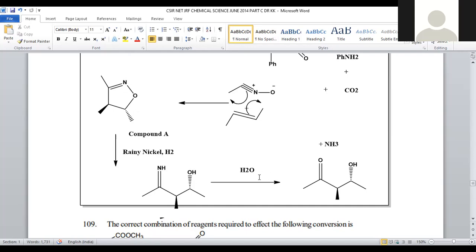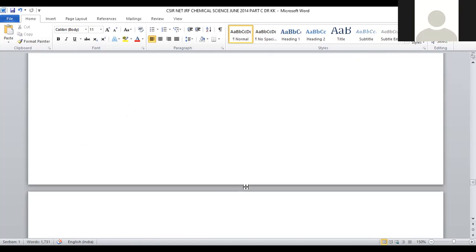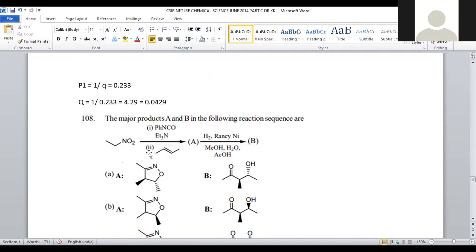This compound is further subjected to hydrolysis. The iminium group upon treating with water, here the rupture of this double bond, and on one side oxygen and on the other side two hydrogens will be added. The imine subsequently turned into a ketonic functional group. And here we already have the OH group. OH got generated. That will be the final product that we require in the reaction sequence. The 5-membered oxazole will be option A, compound A, and subsequently reduction and hydrolysis, we will get a keto-hydroxy compound. So that will be product B.